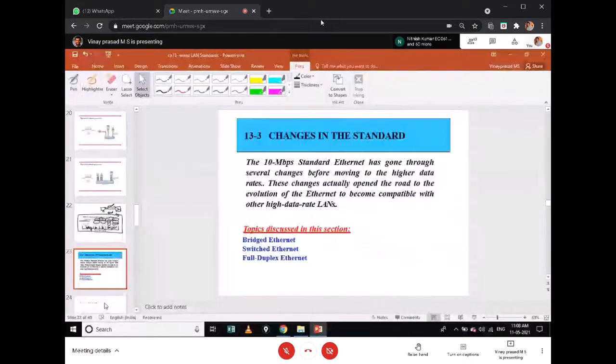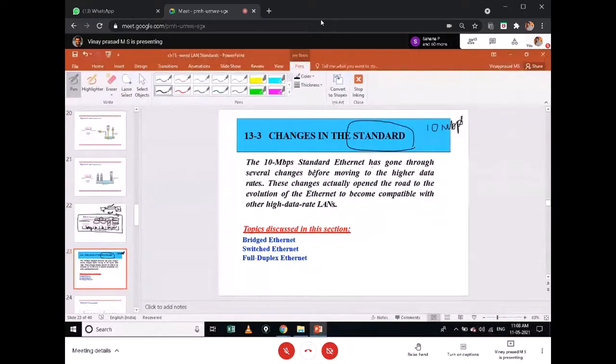So there are changes to the standard Ethernet in order to support a higher data rate. We said that for every implementation there is a fixed data rate, which is 10 Mbps. So there are changes with respect to the standard. It could be the topology, or the line coding methods we use, or any other thing like the transmission medium. Okay, but there are changes we underwent.